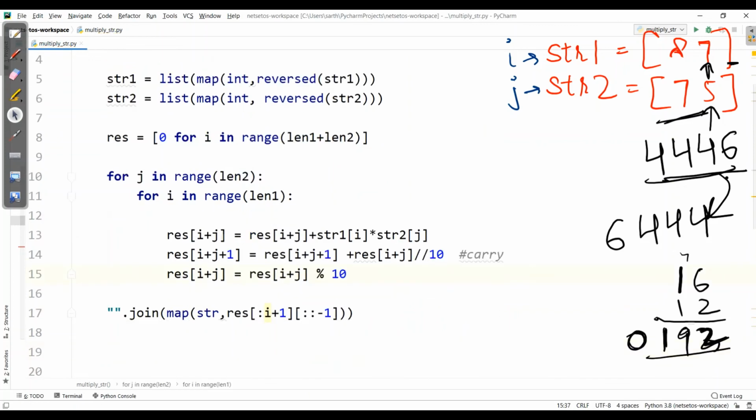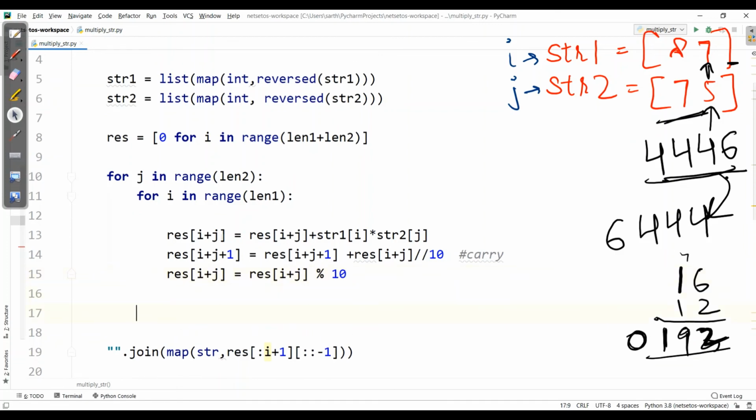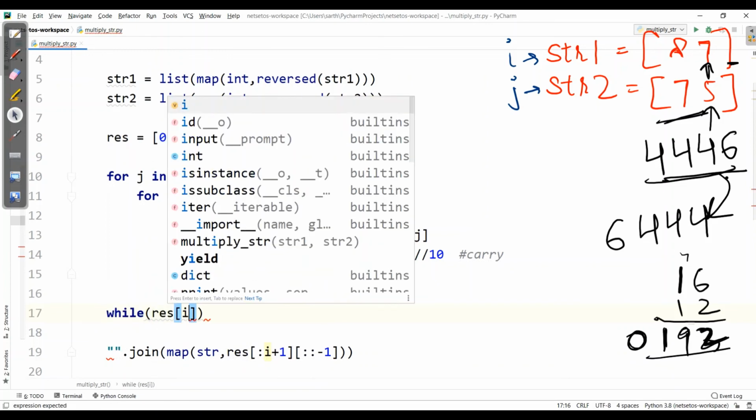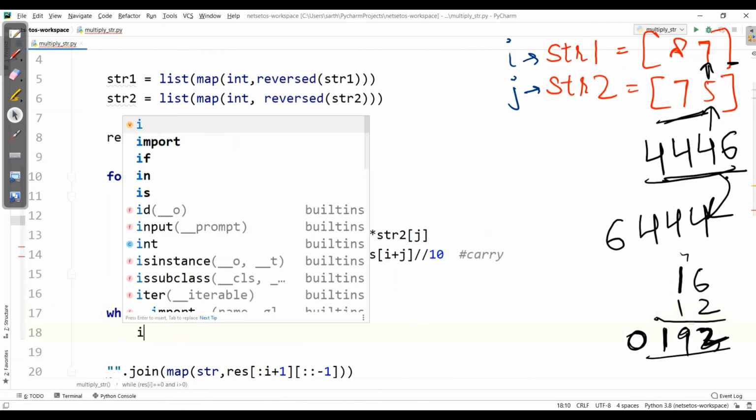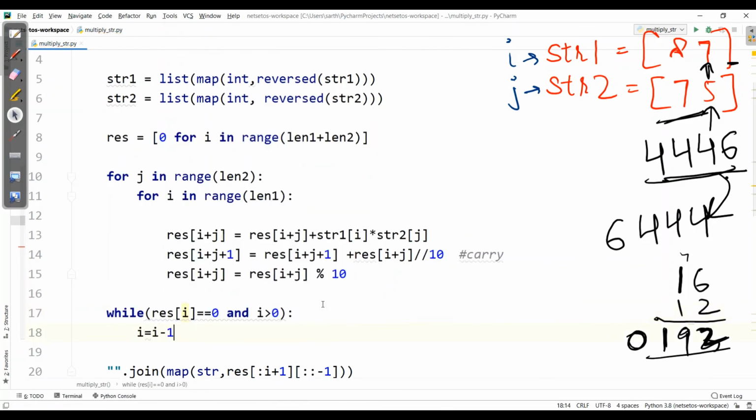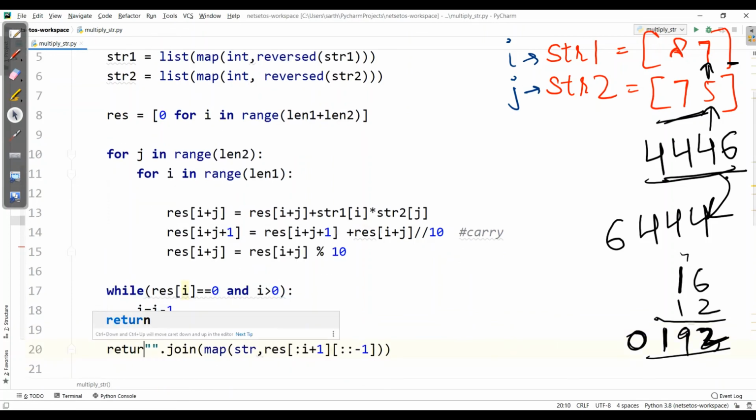But before that we need to figure out how many zeros are there. So I'll write a while loop, where we will have result i, which will figure out whether the digit is 0. i is equal to i minus 1, and we will get in return.